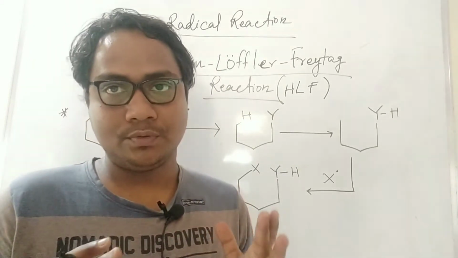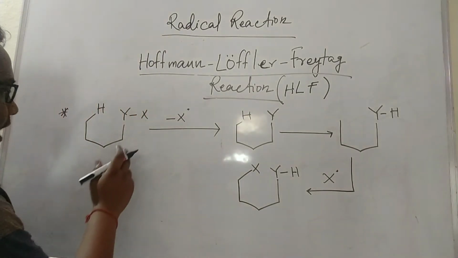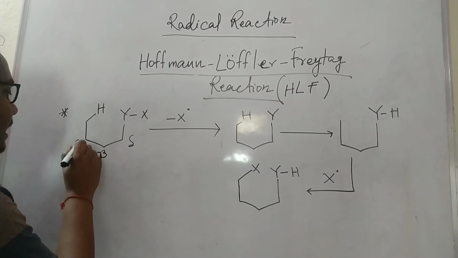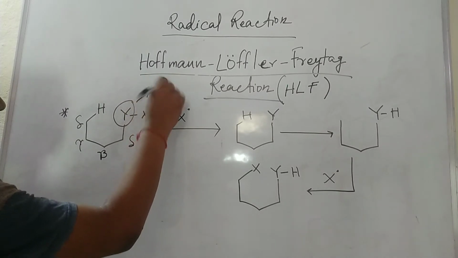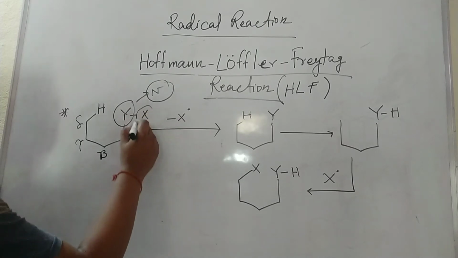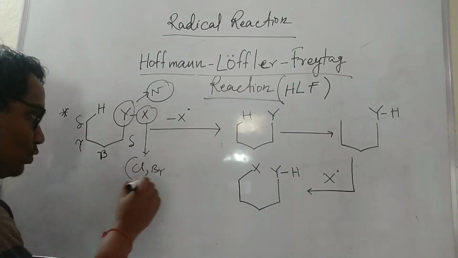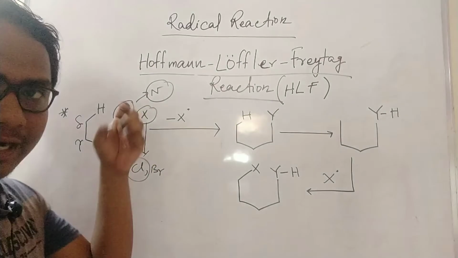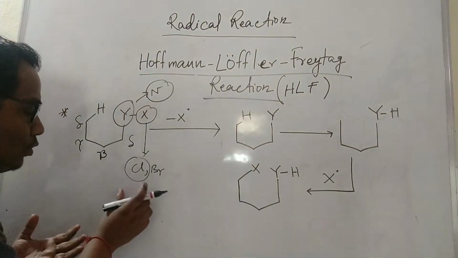So you have to see the general consideration about this name reaction. See here I choose this kind of moiety like alpha, beta, gamma, delta. Y means N type of moiety, a nitrogen containing moiety. X is a different leaving group like chloro, bromo. Generally chloro is very important. So Y is N, mostly nitrogen containing, and X is chloro, bromo, like that.